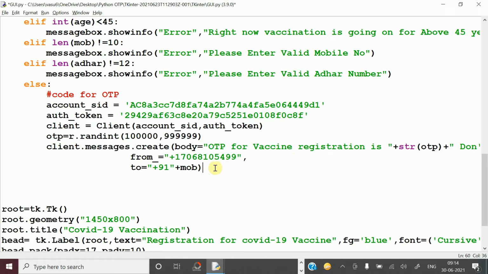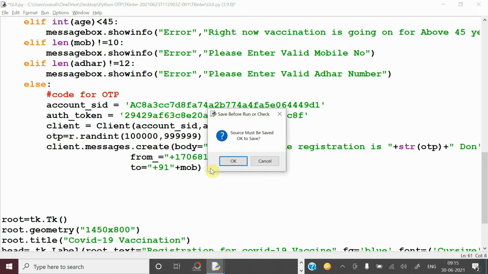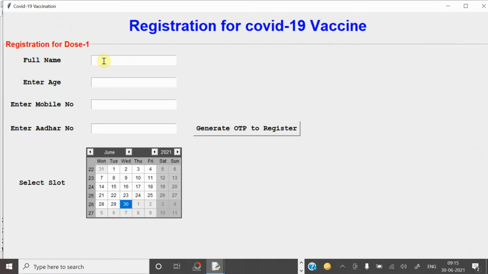Now after that, it should show a label box where you have to enter the OTP. In the earlier frame, if you run this program, after clicking on this one, all these things should disappear: full name, enter age, mobile number, Aadhaar number, everything.